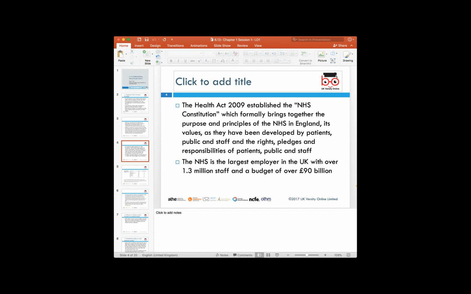Now, NHS, from a point of view of, this is more or less a journal information, but NHS is the largest employer in the UK, wherein over 1.3 million staff is employed, and with a budget of 90 billion. Now, this budget in current terms is about 120 billion. Over the years, the number of people working within the NHS has increased to 1.45 million,